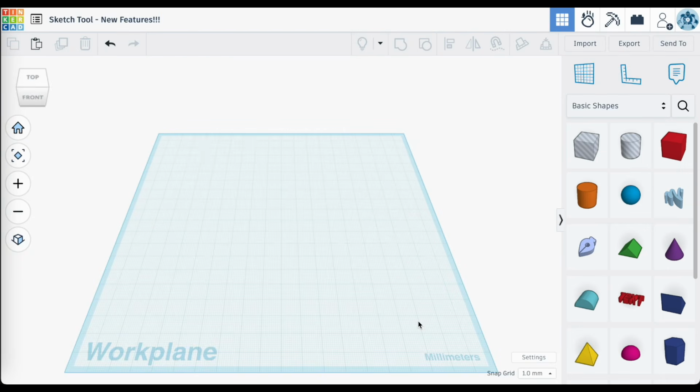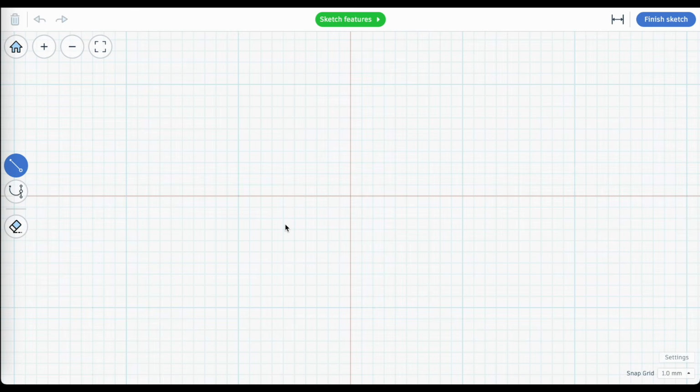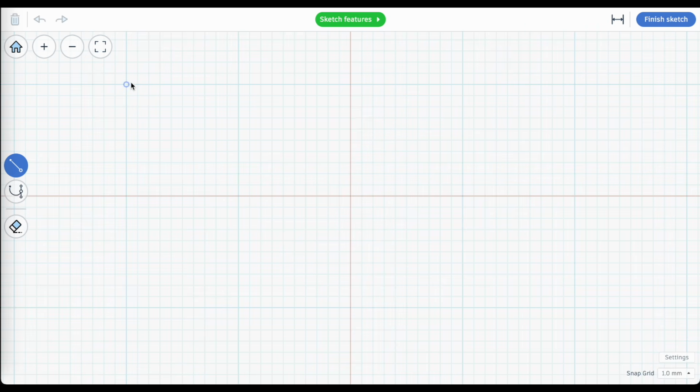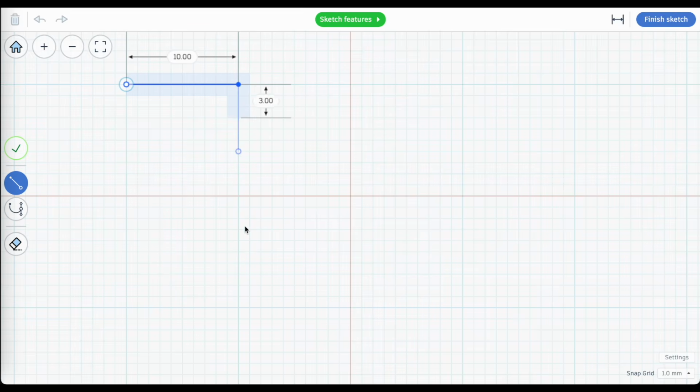Here is an important update for the sketch tool. Let's drag out the sketch tool. If you've never used the sketch tool before, I'm going to include a link at the end of the video that goes into detail about the basics of the sketch tool. But ultimately, you're plotting down points to create a shape